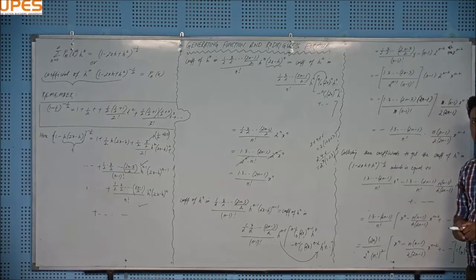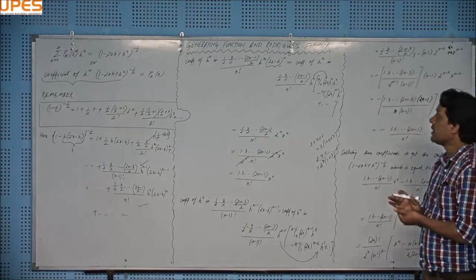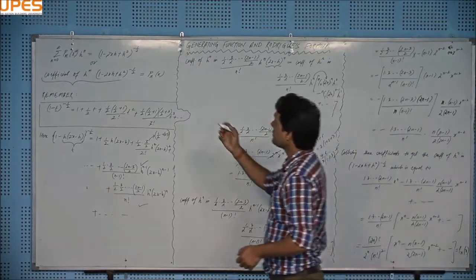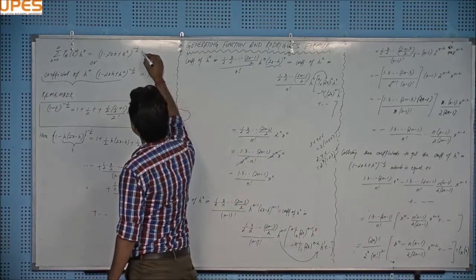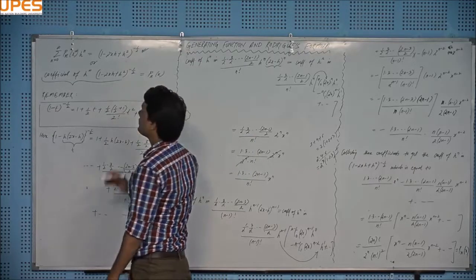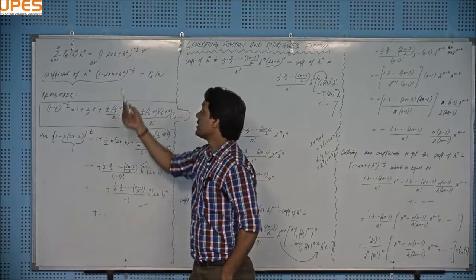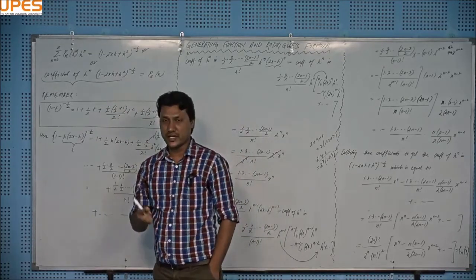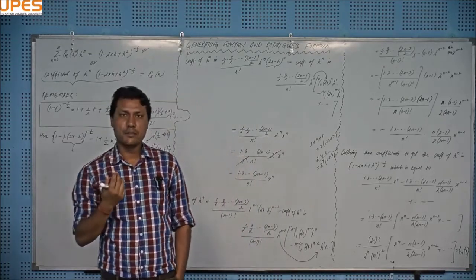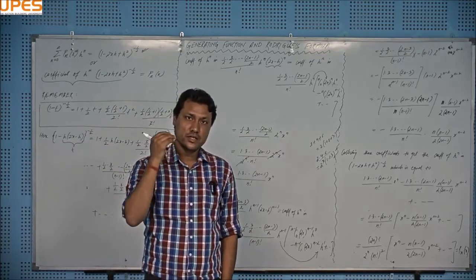This is the proof, right? So we can say that there is a function, and this function is actually able to generate the terms of Pnx. It means that this can generate P naught x. What is P naught x? P naught x is equal to 1, and if you compare the coefficient of h to the power 0 on